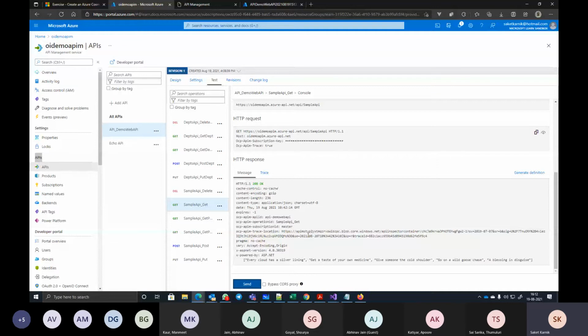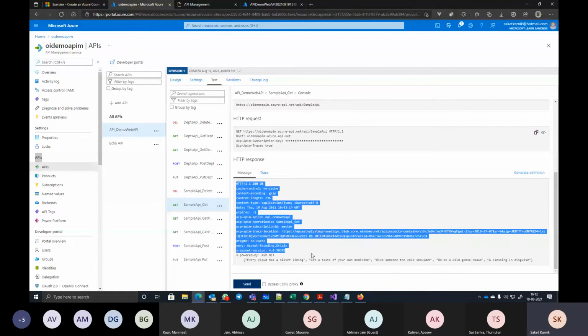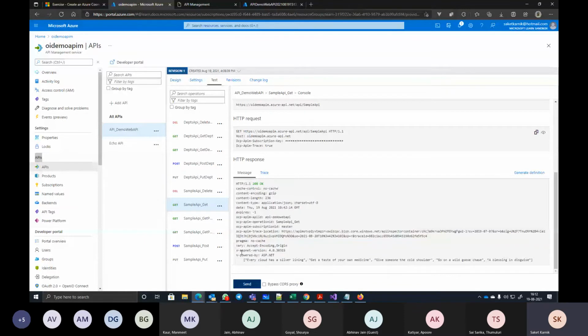They cannot call the API directly. And see what the path is. It's not my original path, right? It's the APIM path. Here I am getting the response. This is the complete response with some response headers and the actual values coming in. Understood?